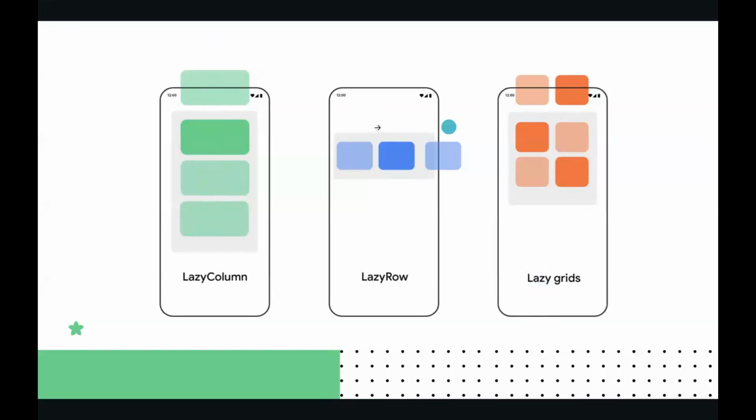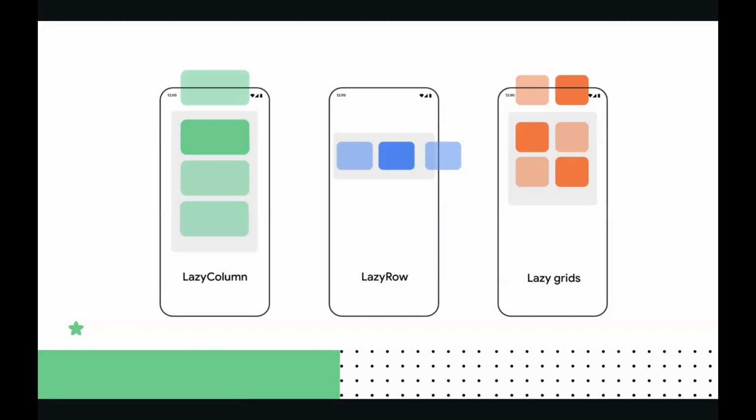You might be wondering, while we were starting, you saw that you can make a column scrollable by adding the vertical scroll modifier. So why should I use a lazy column instead of just making the column scrollable? It narrows down to performance. When you have a very long list, performance-wise, a lazy column would work best compared to a scrollable column,